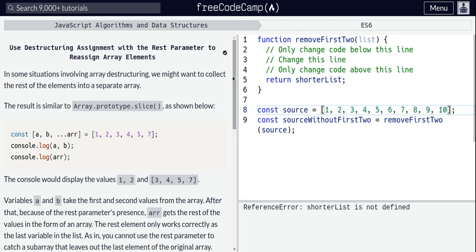In this lesson, we'll be looking at how to use the destructuring assignment with the rest parameter to reassign array elements. In some situations involving array destructuring, we might want to collect the rest of the elements into a separate array, and the result is similar to Array.prototype.slice as shown below. So we have something like this: A, B, and we have the rest parameter,